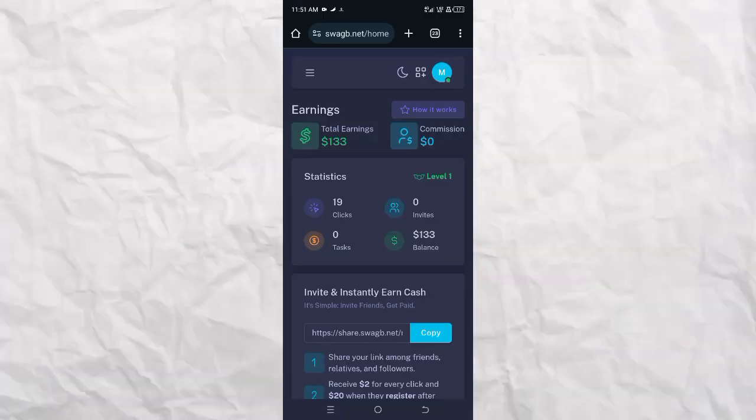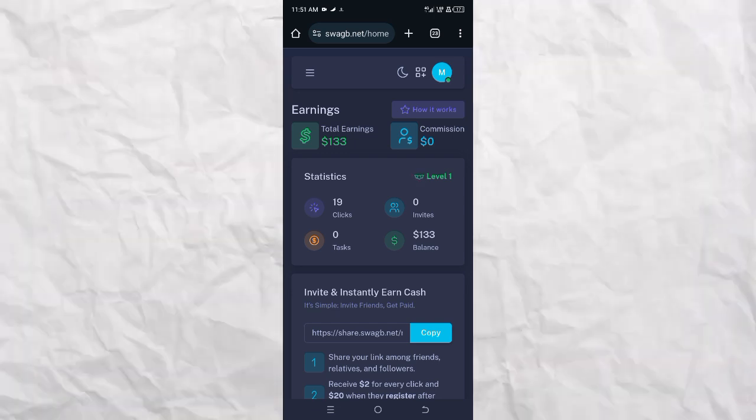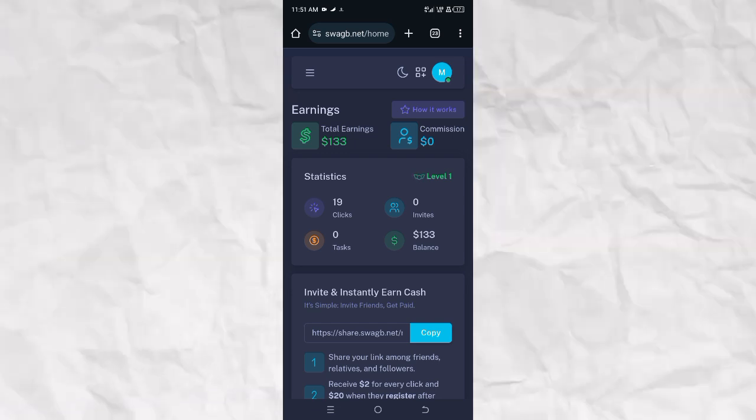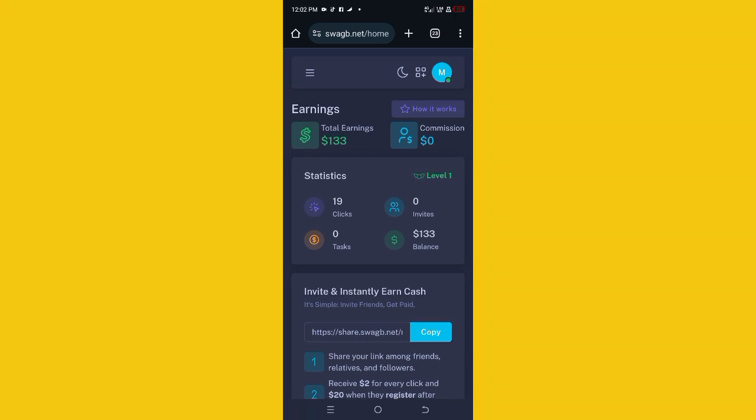As you can see from my statistics, I only got 19 clicks, and these 19 clicks generated me over $133, and I'm just in level 1. I want to add a balance to my existing balance right here, which is $133. So what I'm going to do, I'm going to click on this 3-icon menu at the top left